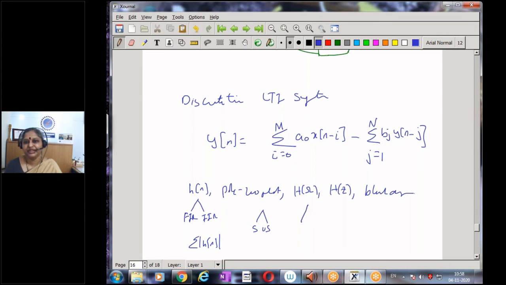By looking at the frequency response of the system, which is periodic with period 2 pi, we can classify the system as low pass, high pass, band pass, etc., by looking at the frequency characteristics of the system. And this is the transfer function H(z). And the block diagram representation is actually an equivalent hardware implementation of the given difference equation.